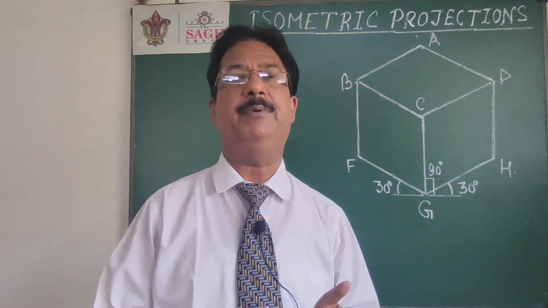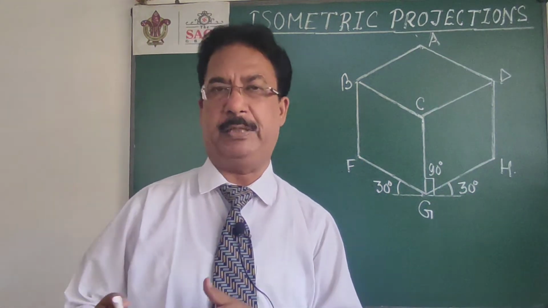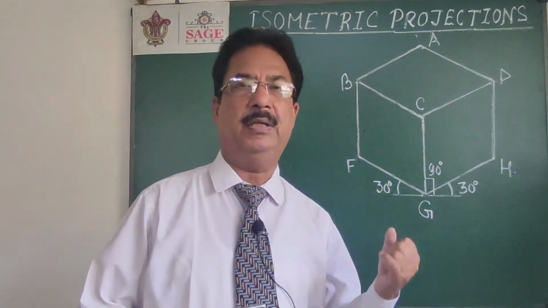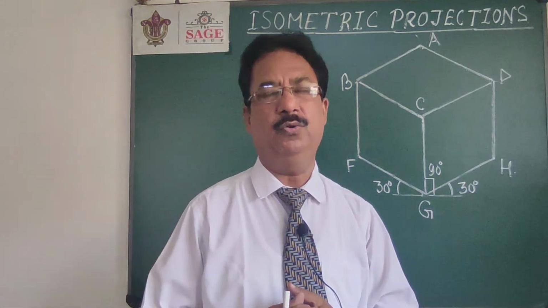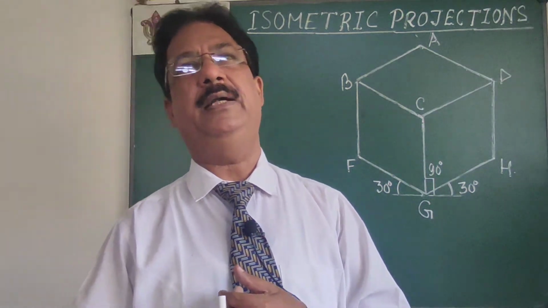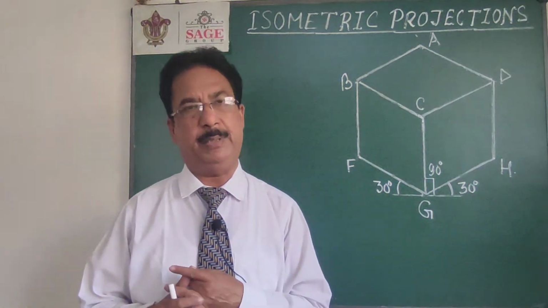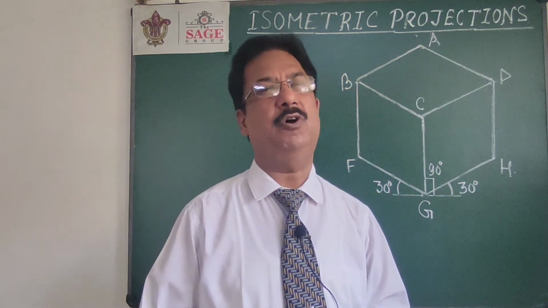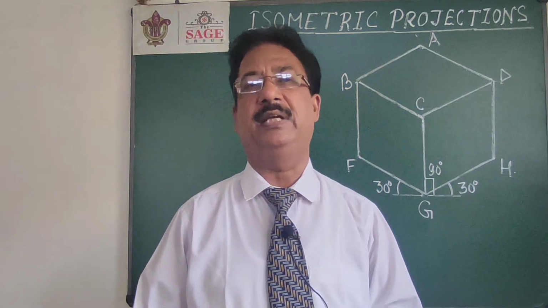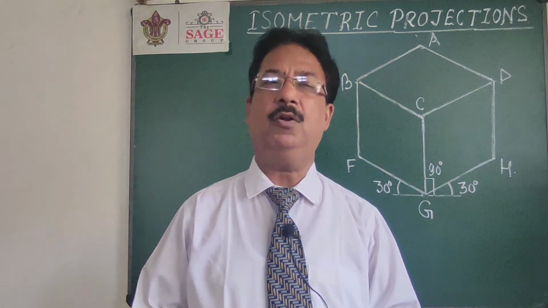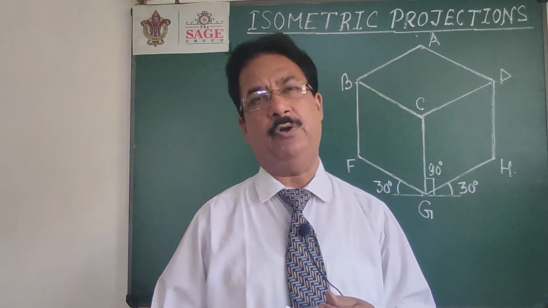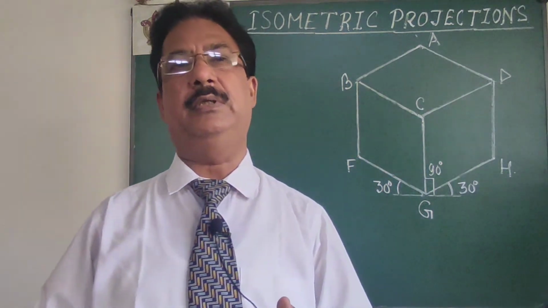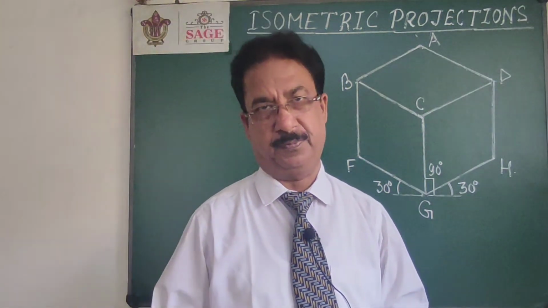That is one of the types of pictorial projection. In pictorial projection also there are multiple types of projections. This one I want to discuss with you right now. If you define it, the isometric projection is a type of pictorial projection in which we can get all the three dimensions of any given object in a single view. And not only in a single view, but if you want to measure the dimensions of that object from that figure, you can also measure the dimensions.